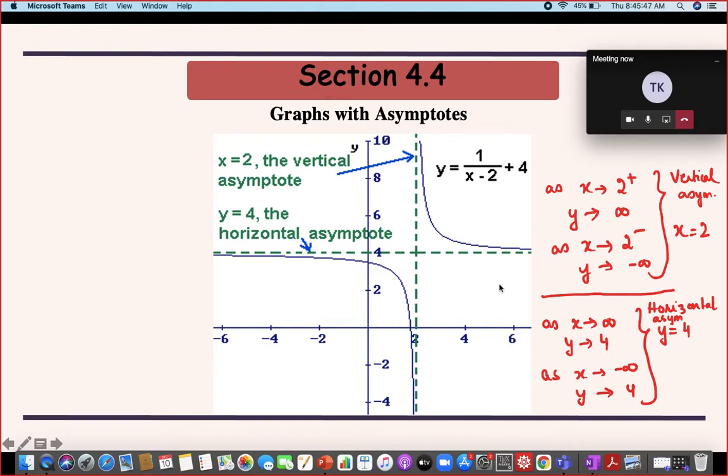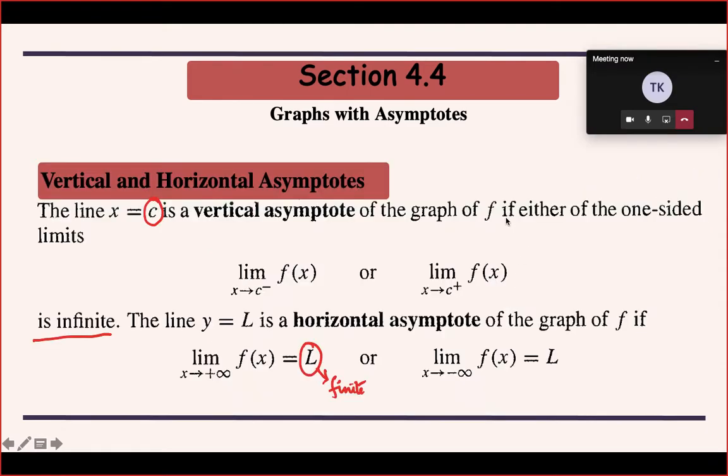Okay, now the next thing was how to calculate or find the equations of the asymptotes of a function. So the working rule is, for finding vertical asymptotes, you have to find these limits. When you say that x equals c is a vertical asymptote, that means either of these two limits, or maybe both, are infinite. They could be plus infinity or minus infinity. Both can be simultaneously tending to infinity, or only one of them may tend to infinity. That depends on the equation of your function f(x).